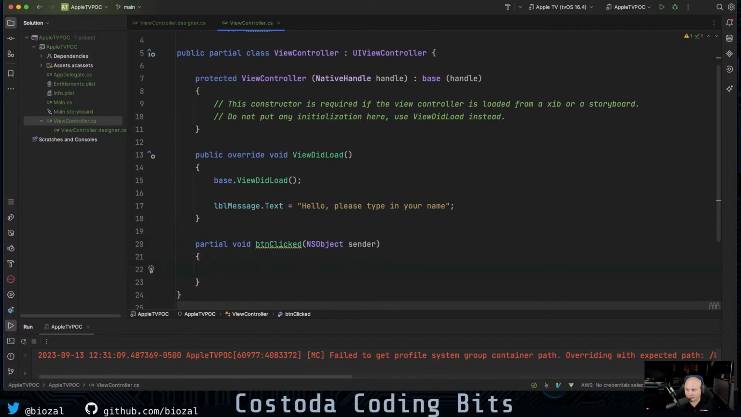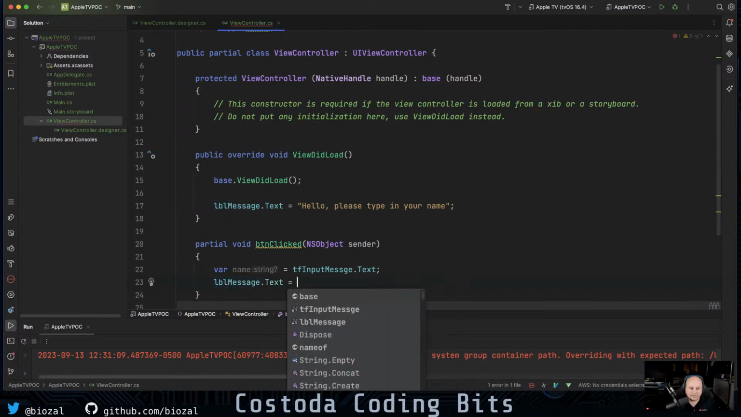So the first thing is we know that the person has typed in some stuff into the text field. So let's get a variable to that. We can say var name equals text field input message dot text, and that should get us the text for it. And now what we can do is just modify the label. We can say label message dot text equals. Now this is where